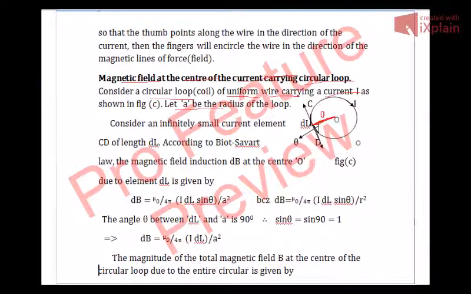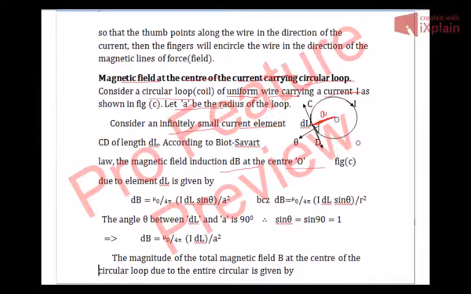So a is the radius of the loop. Consider an infinitesimally small current element. Again, as in the case of a straight conductor, we consider a small element CD of length dl. Now, according to Biot-Savart law, the magnetic field induction dB at the center O due to this small element dl